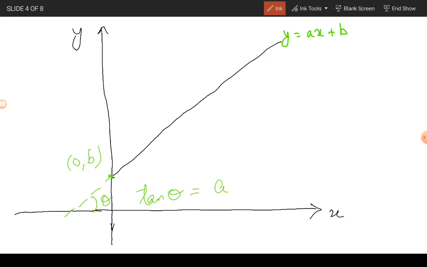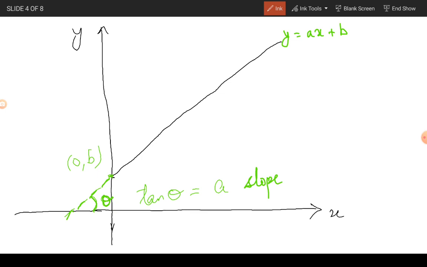So in this particular line, as you can see, even though the line is drawn only till here, I can extend it with dotted lines, and theta here is the angle that this straight line makes with the x-axis. Tan of theta is the slope of the equation,